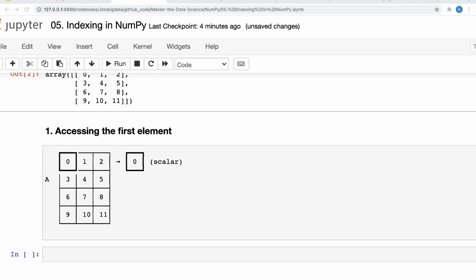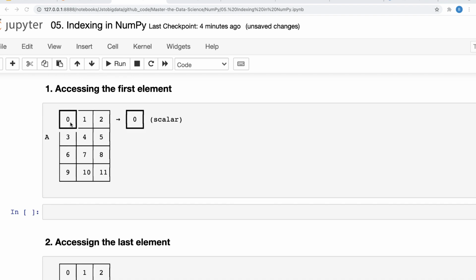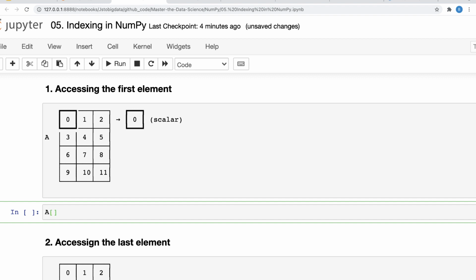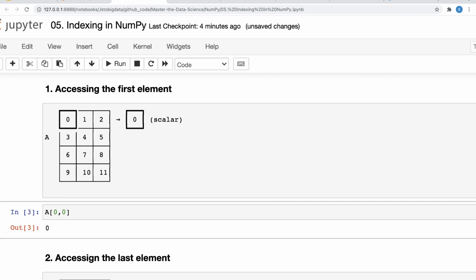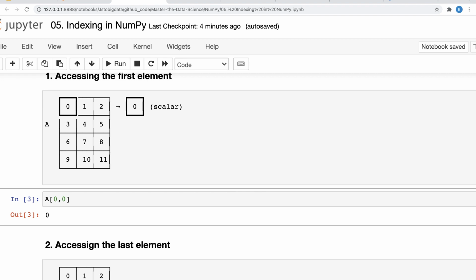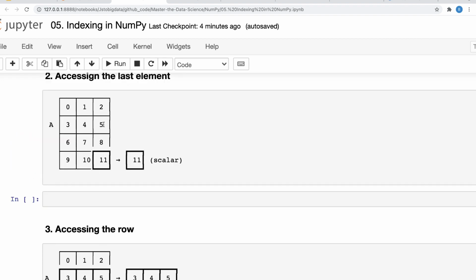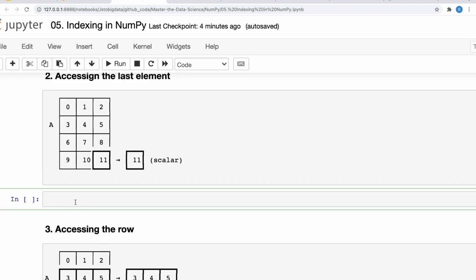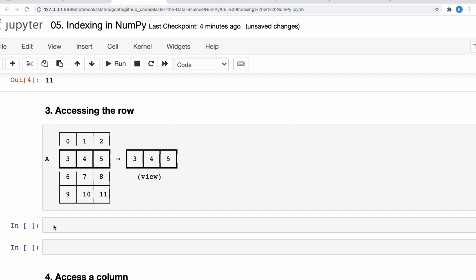Now from here I want to access the 0th element, right? So the 0 by 0 element. In your normal matrix syntax it is 1 by 1, but in Python it is 0 by 0. So if I want to access that, a[0][0] will give me the 0th element, right? And how can I access the last element? Obviously just like a list, you just do a[-1][-1]. That gives me the last element.